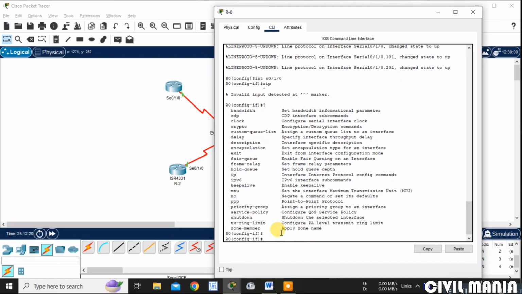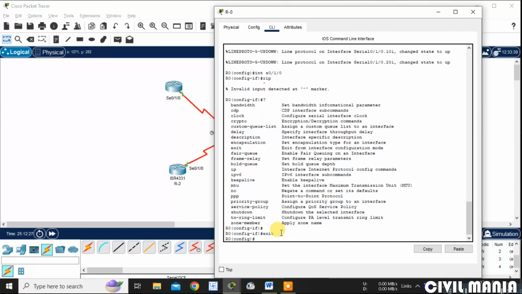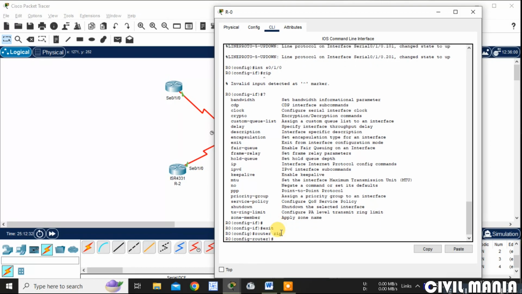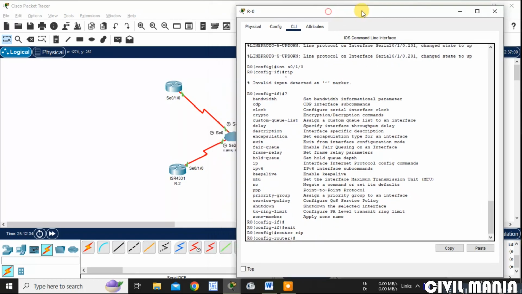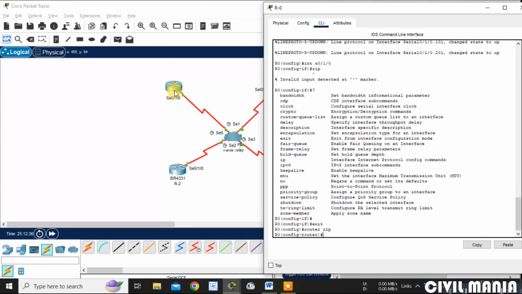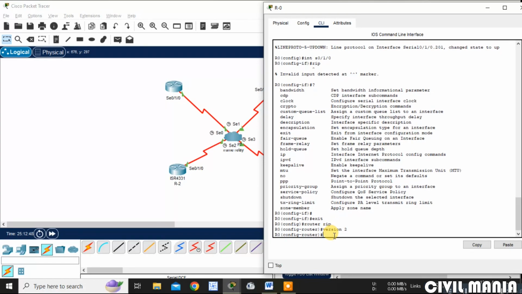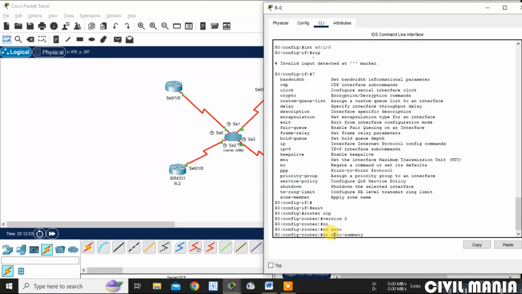Okay, do one thing, as I have provided RIP here, let me exit one line. In the router I have to provide router RIP. Yeah, so this is router 0. In router 0, as you can see here, its host name is also router 0. Router 0, I have provided router RIP, then version 2, then no auto summary,